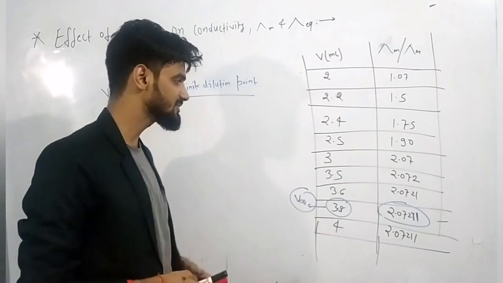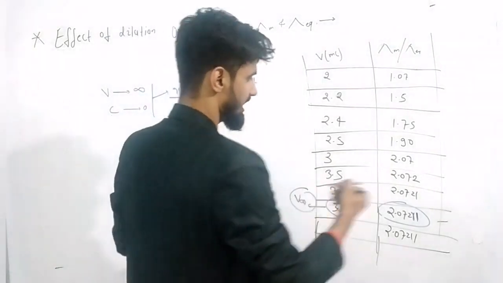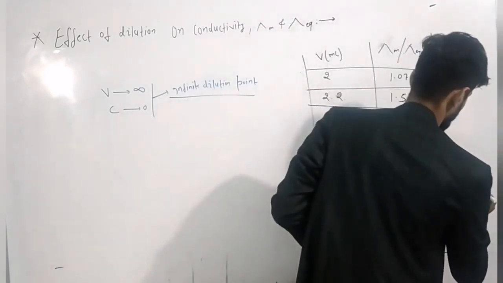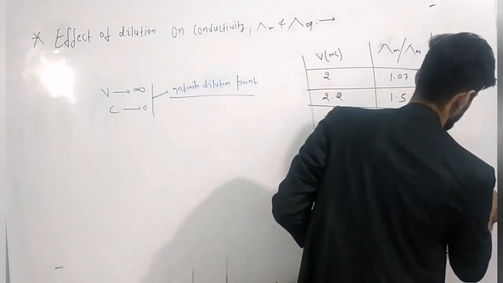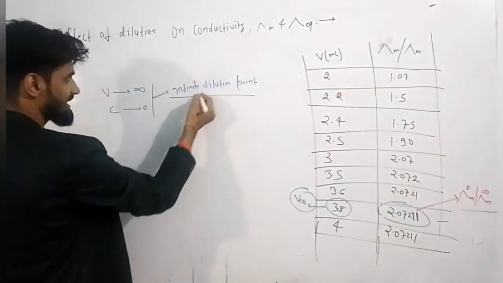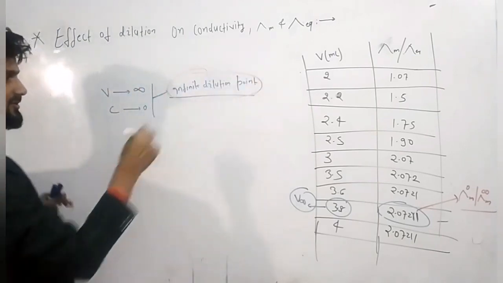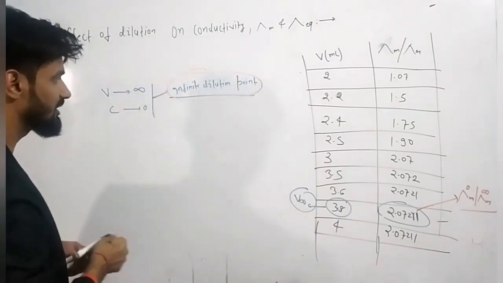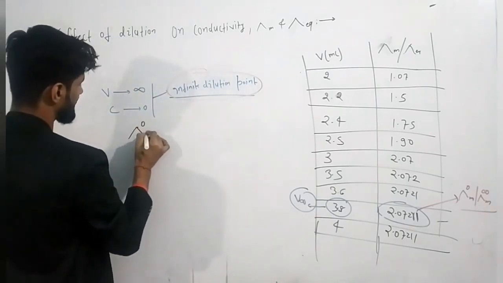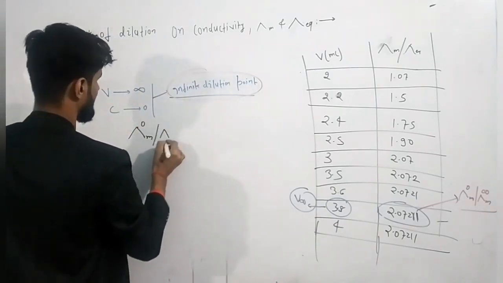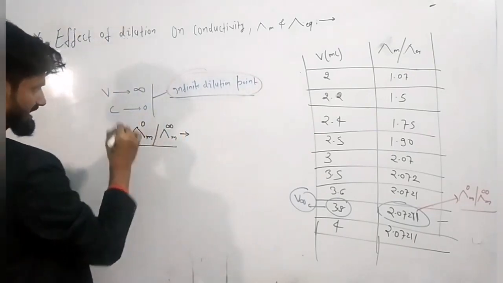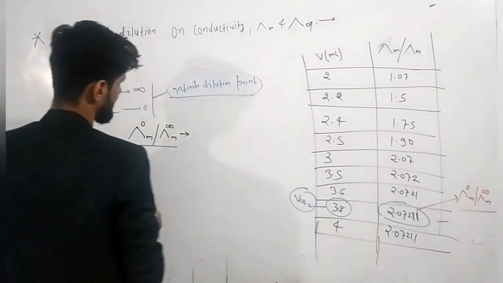I think up to this point it is very clear now. And the value of conductance that you have calculated empirically is called kappa molar infinity, or kappa infinity m. I think you all are clear now about the meaning of the infinite dilution point. Now understand kappa molar infinity. What is the meaning of this sign? I am writing here.